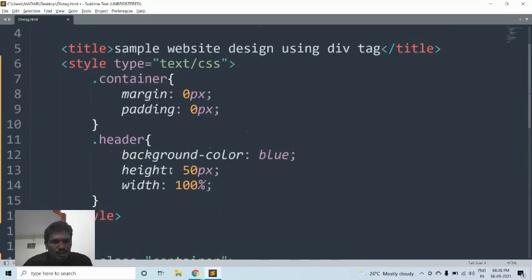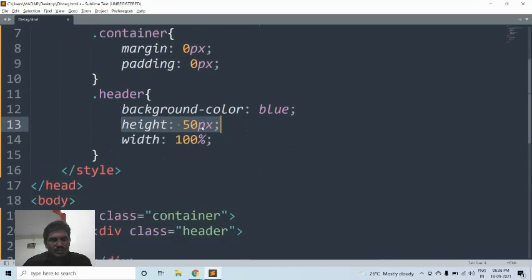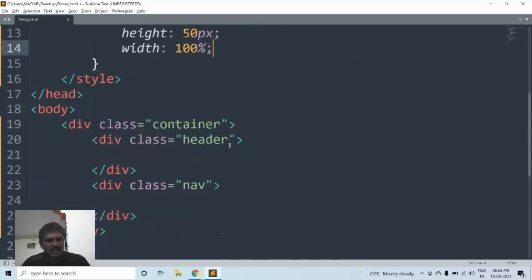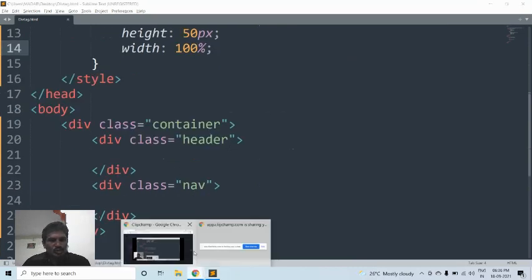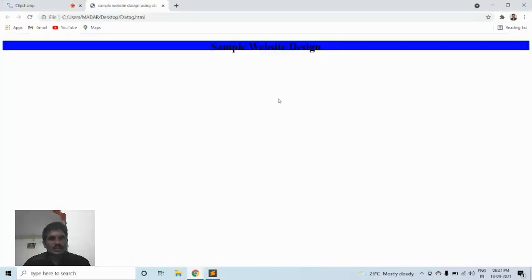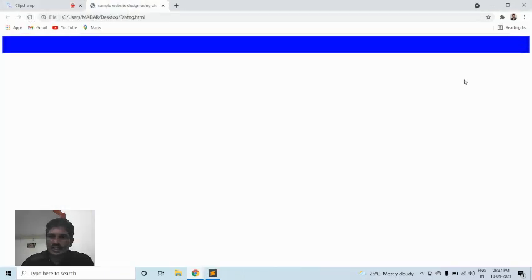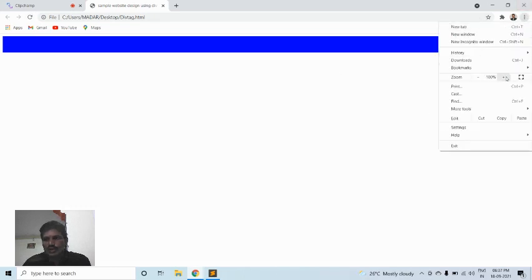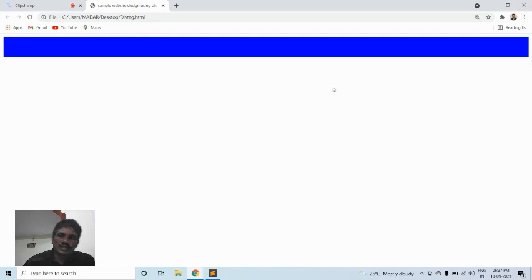Okay. Then when you come to the header, the subdivision has been used over header tag. Some background color blue. What is the height of the division? The height of the division should be 50 pixel. Then width is 100 percentage. Then you can see here how the output would be displayed. Then I refresh the page. It is for only the background color. Then I would like to maximize it. The background color of the division is blue, then width is 100 percentage, then height is 50 percentage.